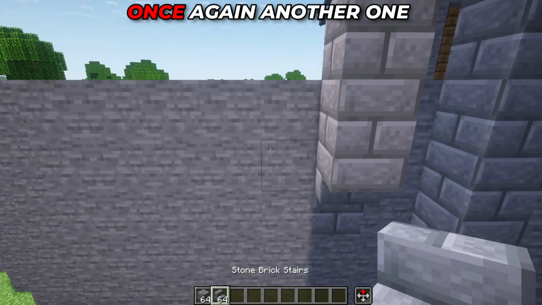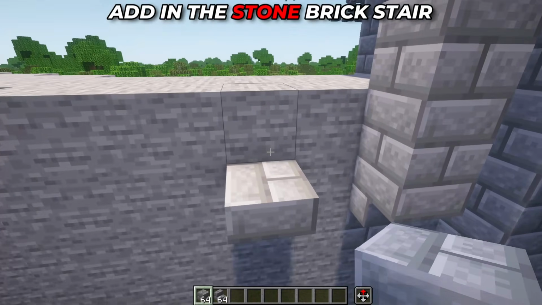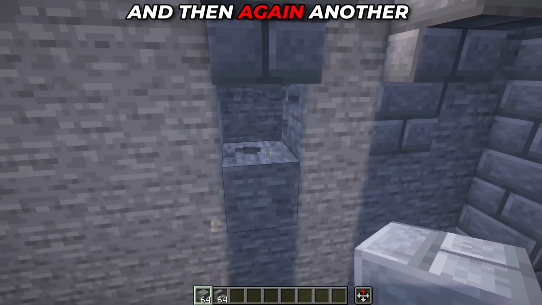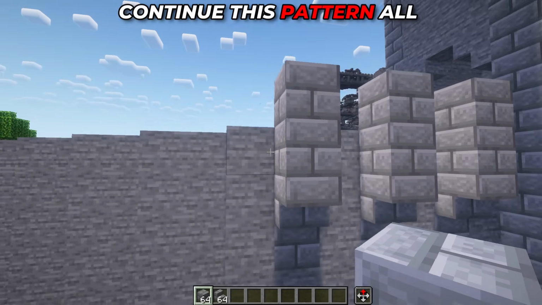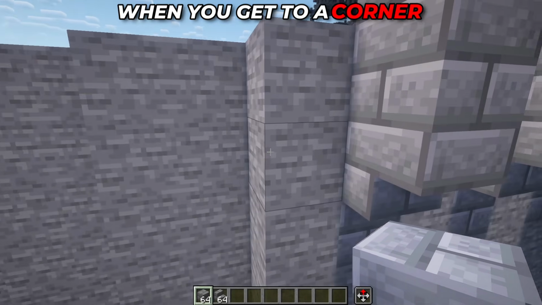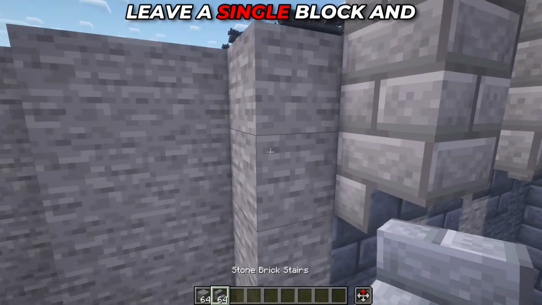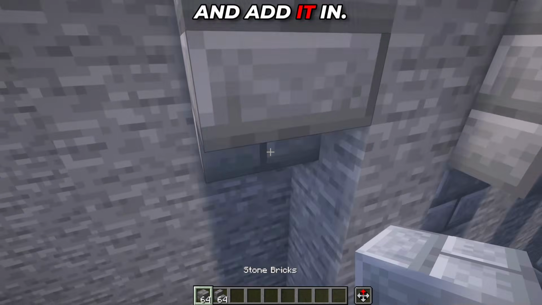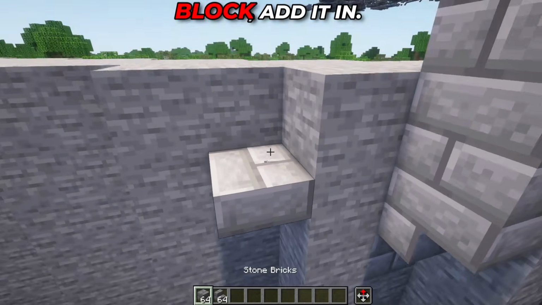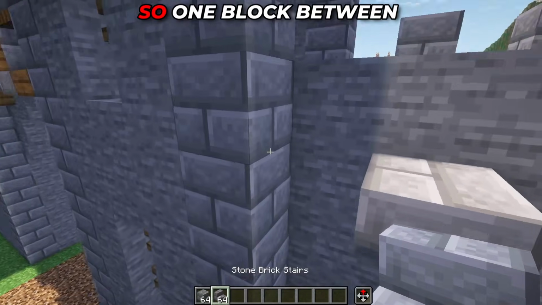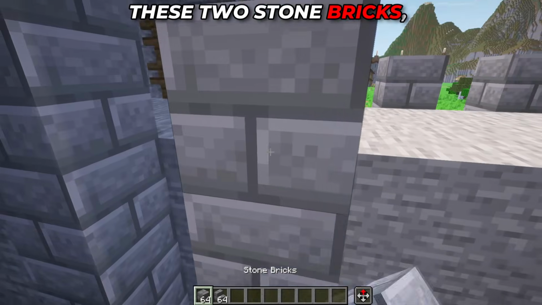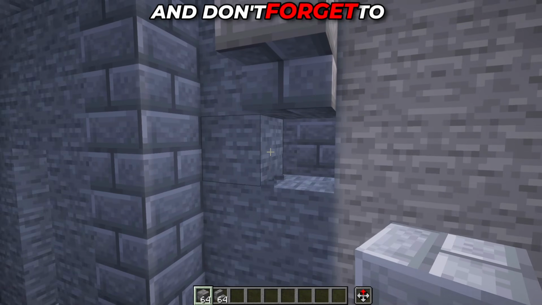Now we're going to leave once again another 1 block gap, add in the stone brick stair, 2 stone bricks, and then again another stone brick right in line, just like that. Continue this pattern all the way along this wall. When you get to a corner like this, once again just leave a single block and then go to the next block and add it in. Then once again the next block added in. Exactly the same all the way on both sides as well. So 1 block between these 2 stone bricks, then place in the stone bricks,